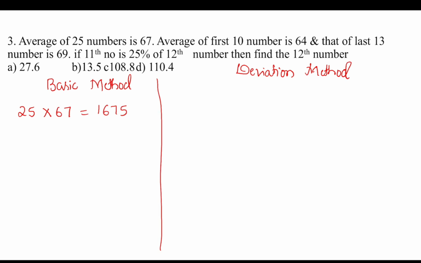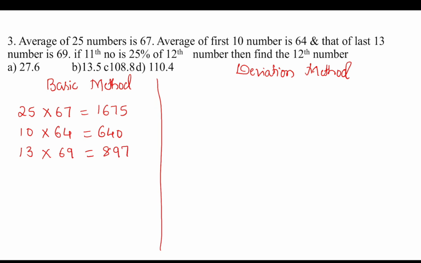Average of first 10 numbers. First 10 numbers average is 64. So the sum is 640. And that of last 13. Last 13 numbers average is how much? 69. So 13 into 69 is 897. Okay, then